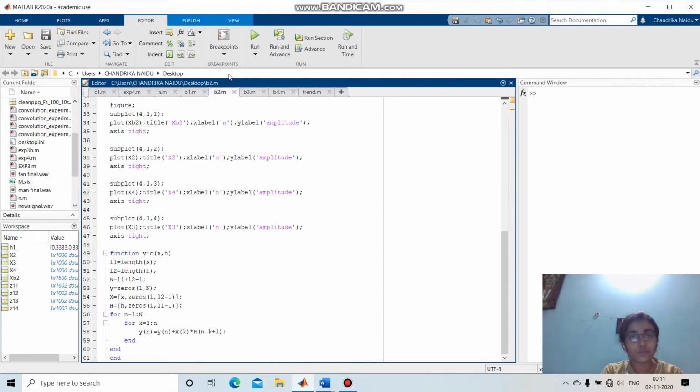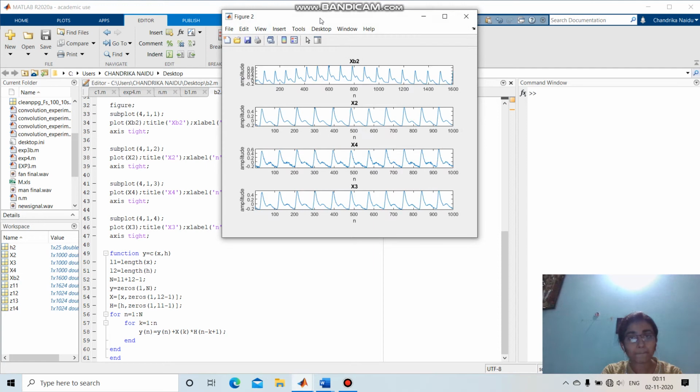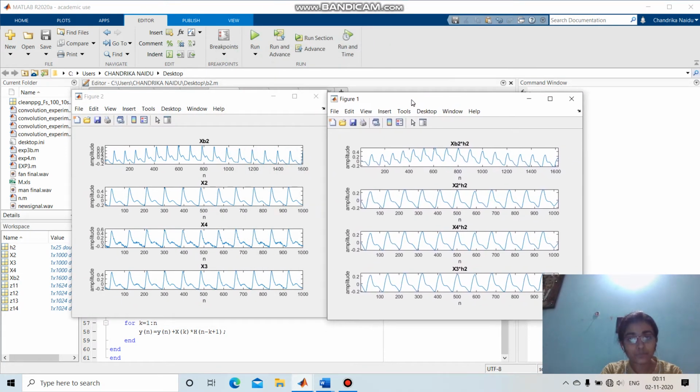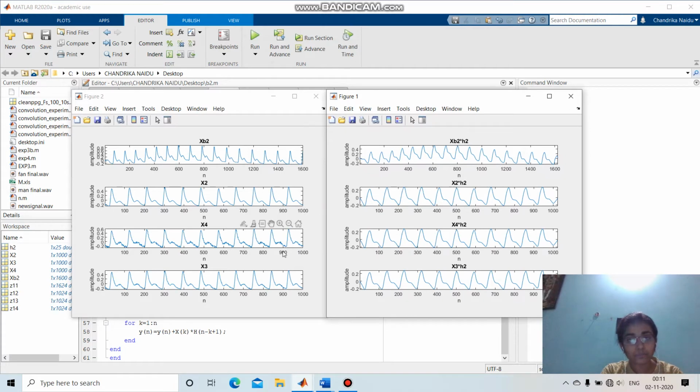And coming to system 2, again, if you compare keenly, better than system 1, here you can see it is passing all the low frequency parts of the signal, and even this has become more smooth when compared to our input signal. So this is also a low pass filter, our system 2.